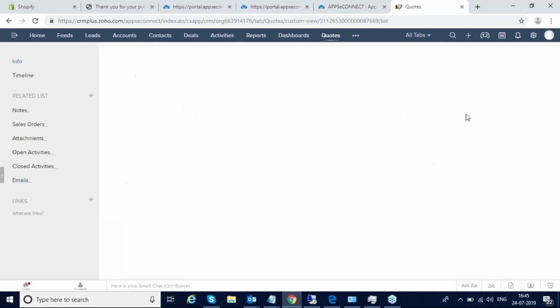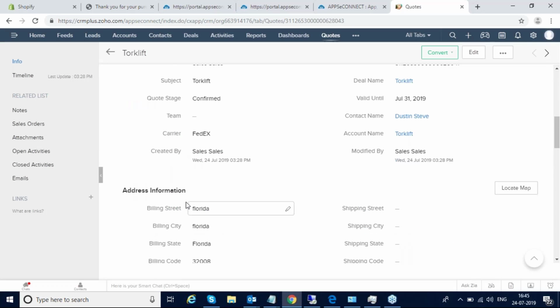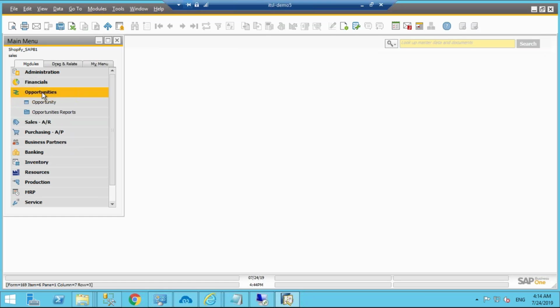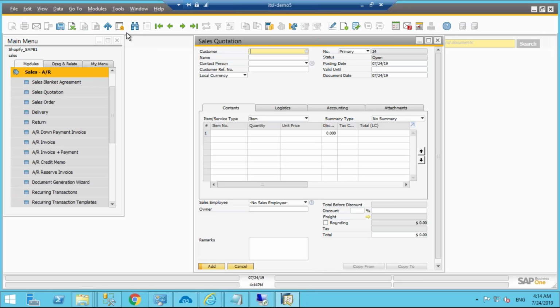You can create a new quote with the entire details: the deal, the opportunity name, the contact name, and the line item details. And then you can go back to that agent. You can search for the required integration point to check whether the quote has been successfully synced or not. You can go back to the sales quotation and find it with the name of the quotation, successfully synced with the quotation name, the contact person, and the line items. These are some of the integration point samples that I have created for Zoho and SAP Business One.